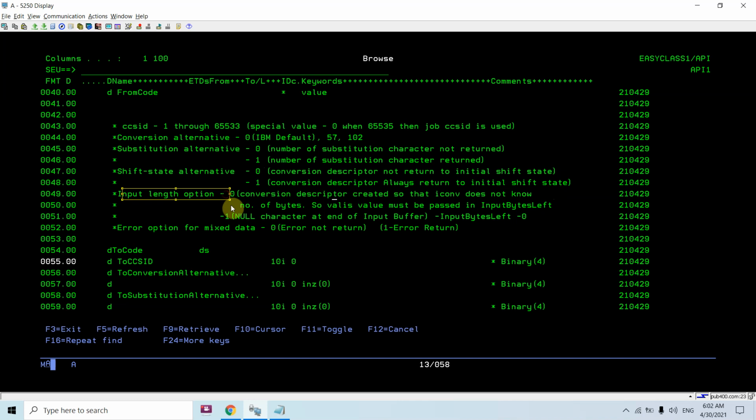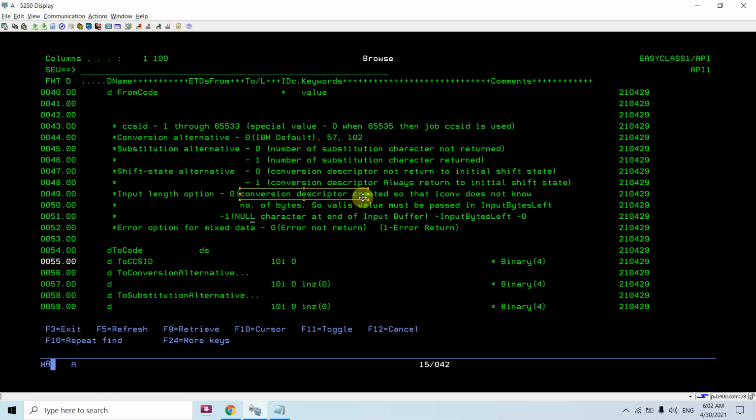Input length options are 0 or 1. Here I am passing 0. So 0 means the conversion descriptor is created so that iconv does not know the number of bytes. Once I open the conversion environment, I need to convert using the iconv procedure, and it will not know how many bytes are left.